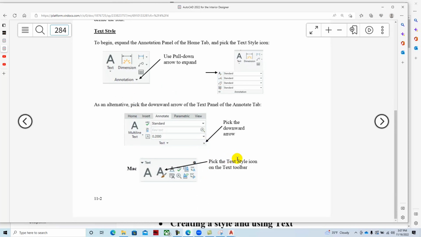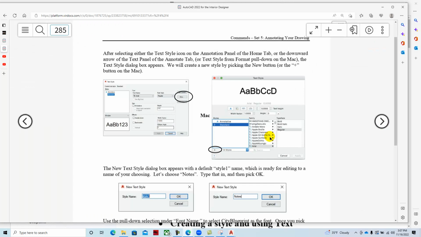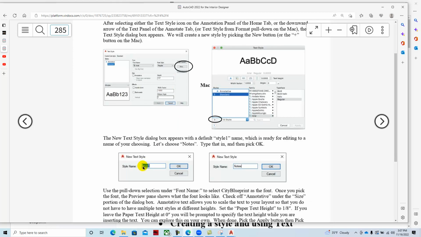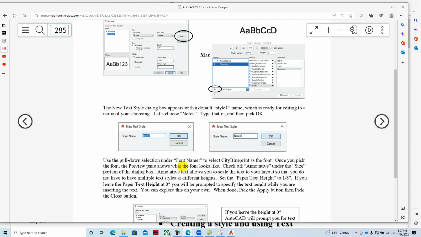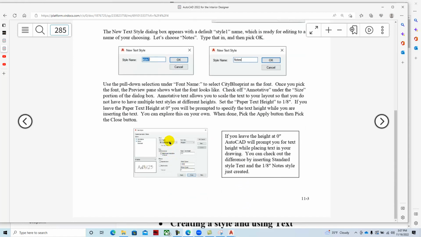Once we're in the text style, we're going to create a new text style. It's going to come back with Style 1, and we're going to name it Notes. Then we're going to set up the text style once we have named it. And to do that, what we'll do